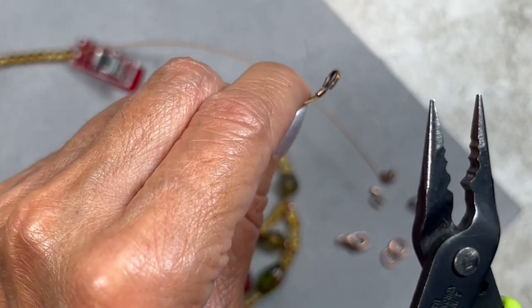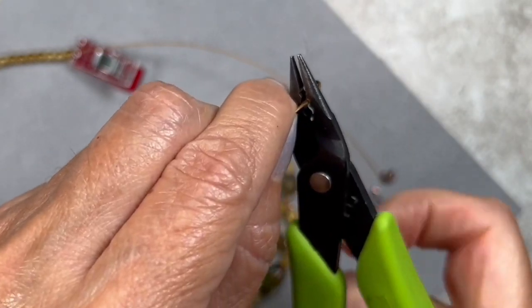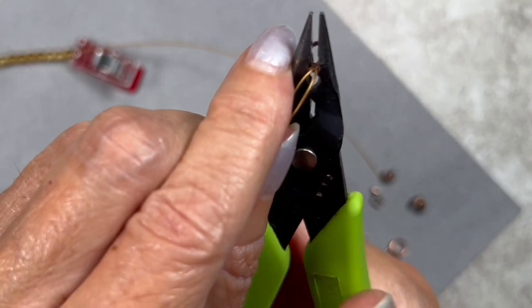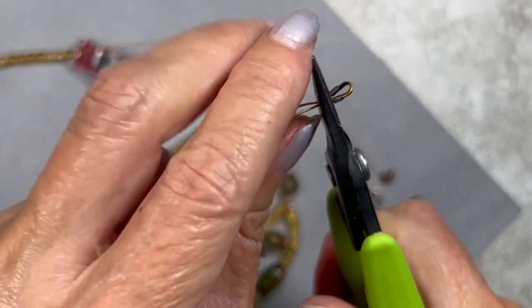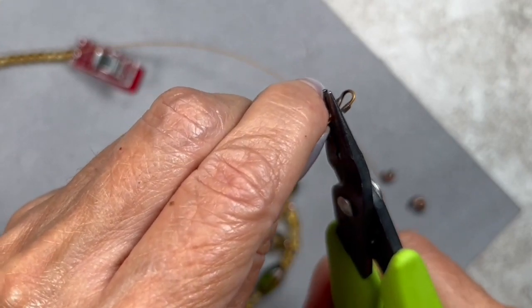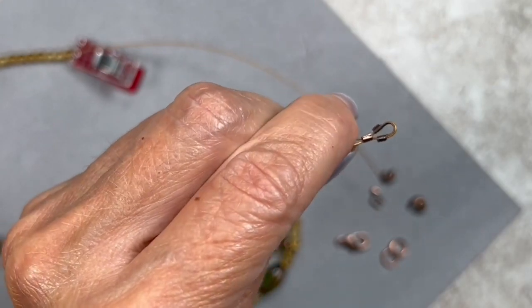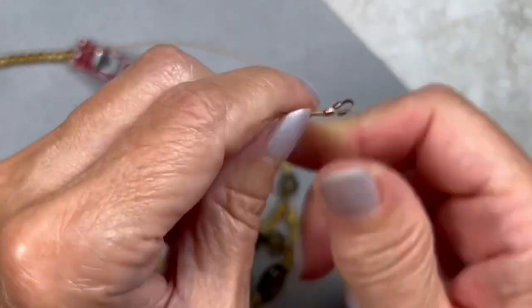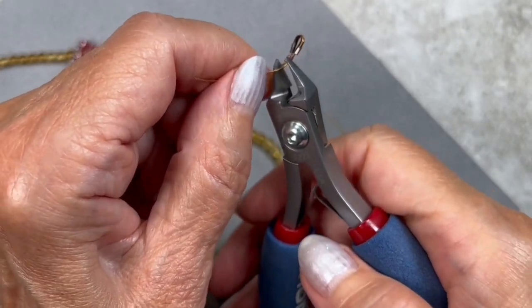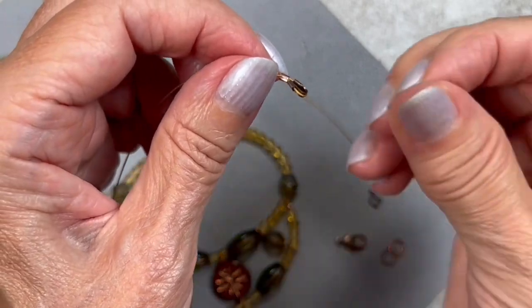And now I'm going to use one of the 3 notches. I'm going to place it inside the middle notch, just like that, and squeeze, and that should follow the crimp tube. And I always go to the smaller notch to tighten it up a little bit. So this is what you should have. Let me cut off the excess beading wire. Slide on a crimp tube cover